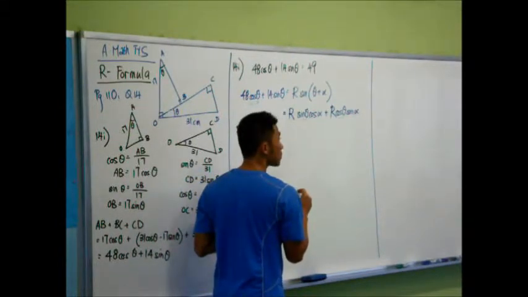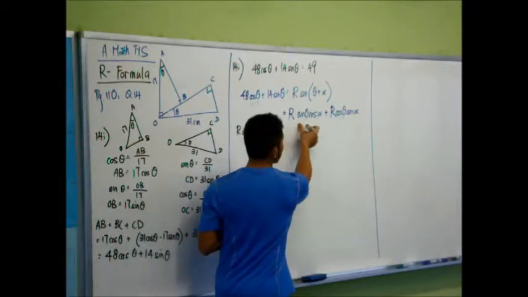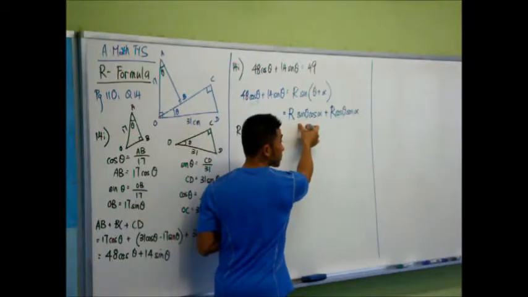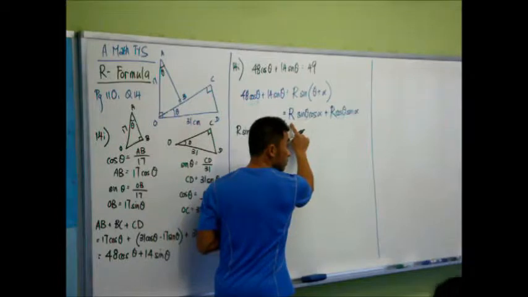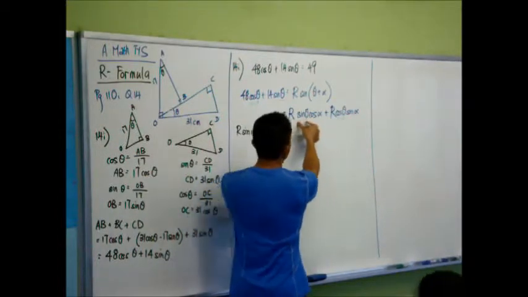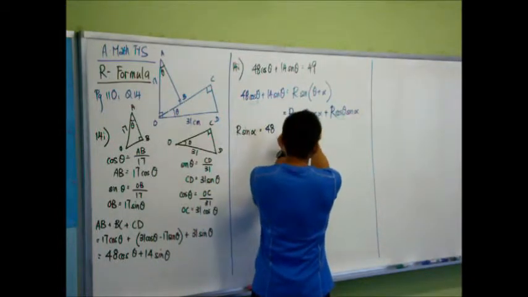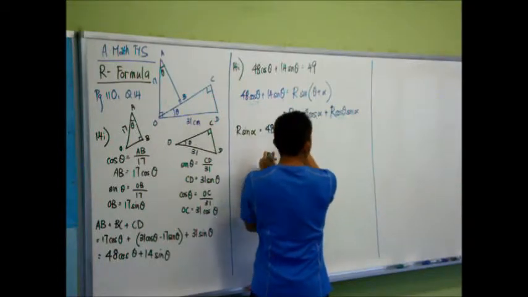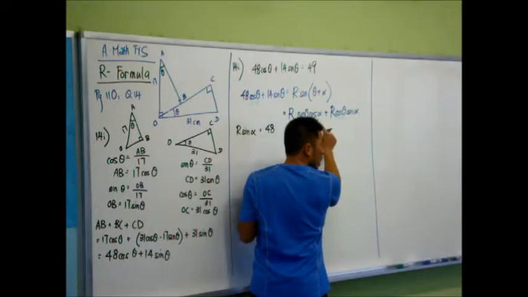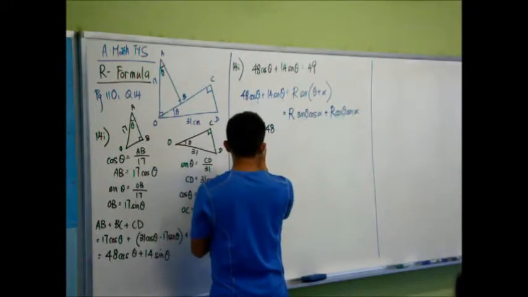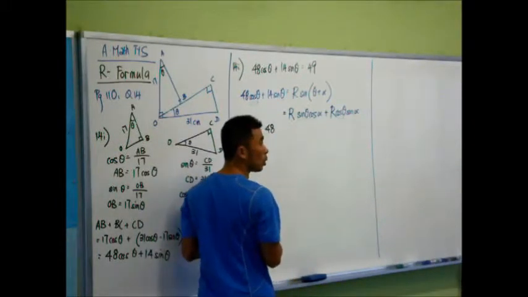Cosine x, no. The coefficient of sine theta here is, no. This is the coefficient. This is the term itself. I want to compare the coefficient R. That's not x. That's called alpha. R cosine alpha is equal to